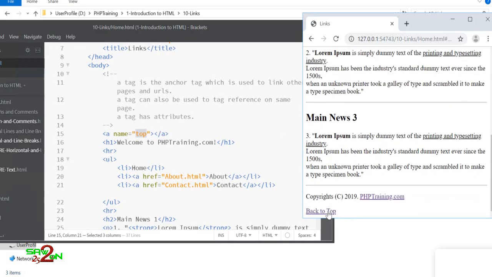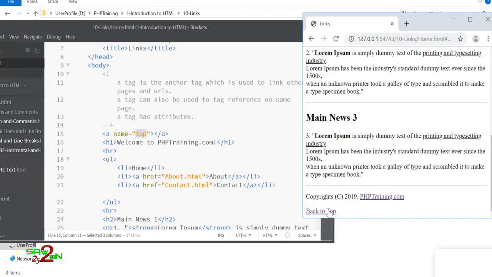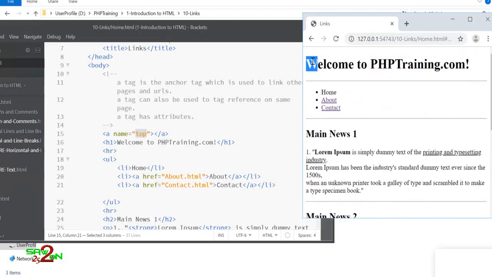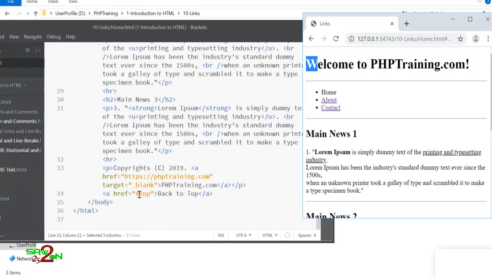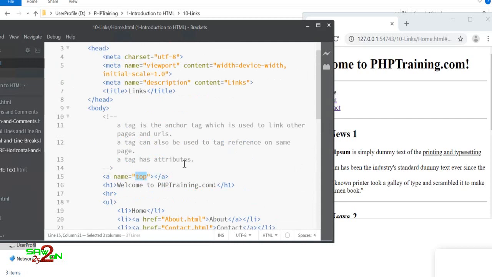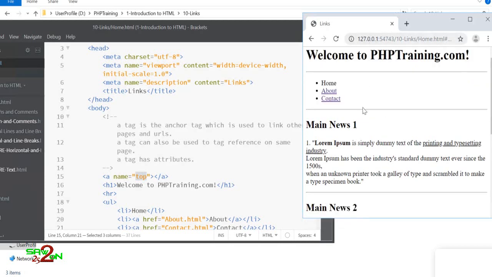When someone clicks this, let's refresh this page, click this, you go on to the top, because you are going from this link. You are saying I want to go to that anchor. That anchor is defined somewhere here before the welcome, and then when someone click on this top link, it will go and find the anchor, say top, and it will go to that page level. This like moving inside your page sections. Okay, just click on it and you will go on top.